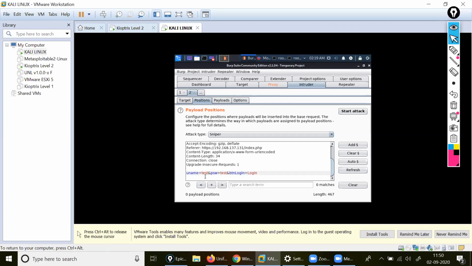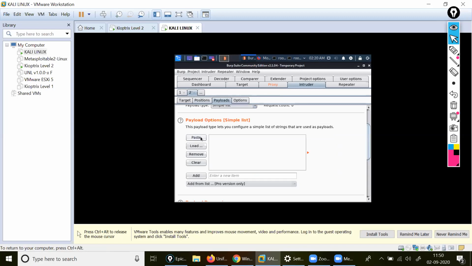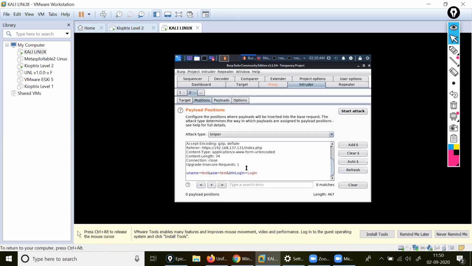I copied it here. Then after I will come on the payload. Understood? Let me refresh it. Then I will come on the payload and paste it here. It will be automatically pasted. Understood?